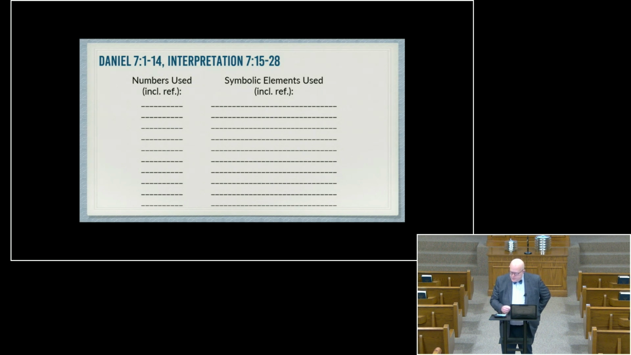We haven't even got to the interpretation yet, which is fine because we're not going to. Okay? Now, let's go back, take your Bibles, and go back to verse 1. And now let's see if we can find some symbolic elements that are used in the text. So, we're going down, verse 2, 4